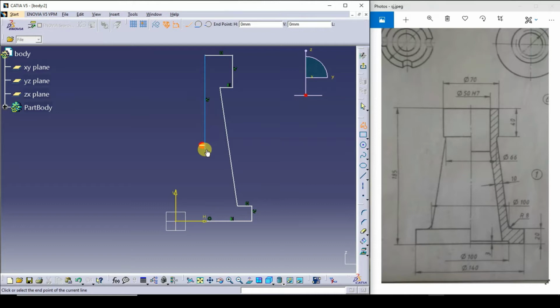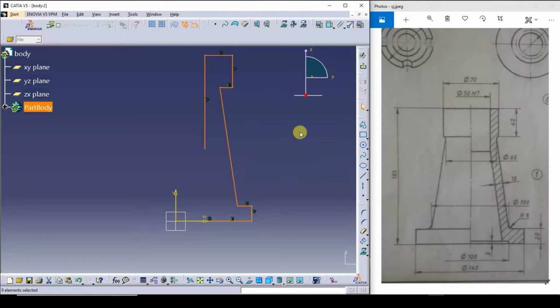Now to escape from this command, you press the escape button on the keyboard. Next I will offset this to a distance of 10 mm. I want this line. So the distance between this and this line is 10 mm.